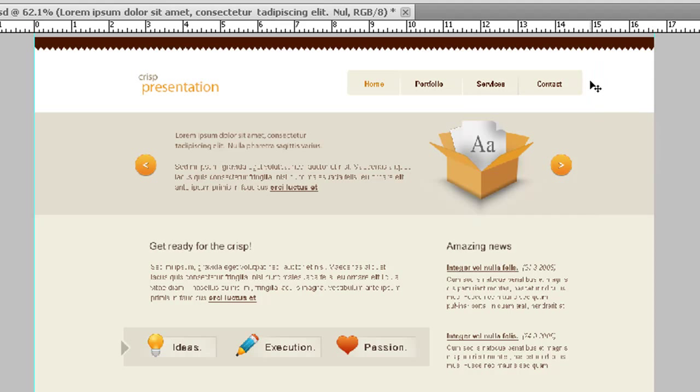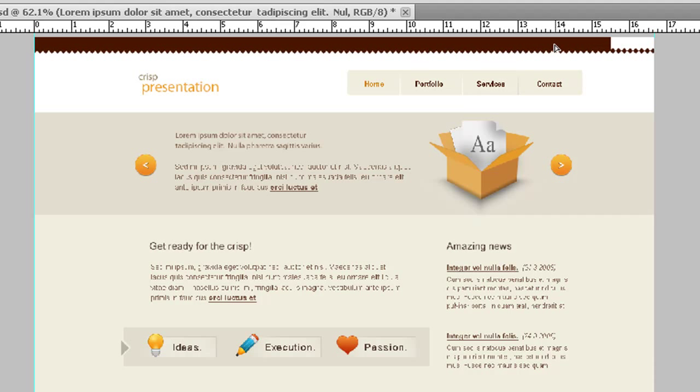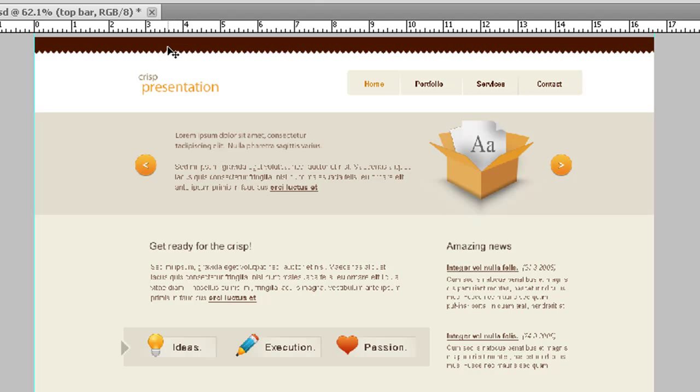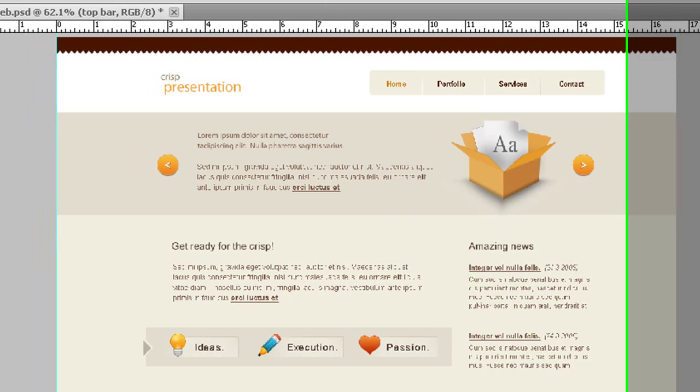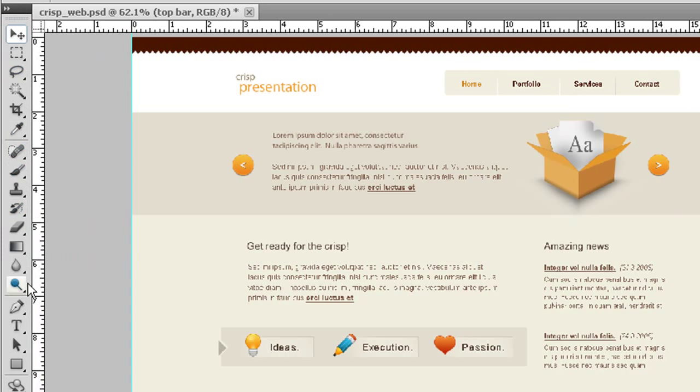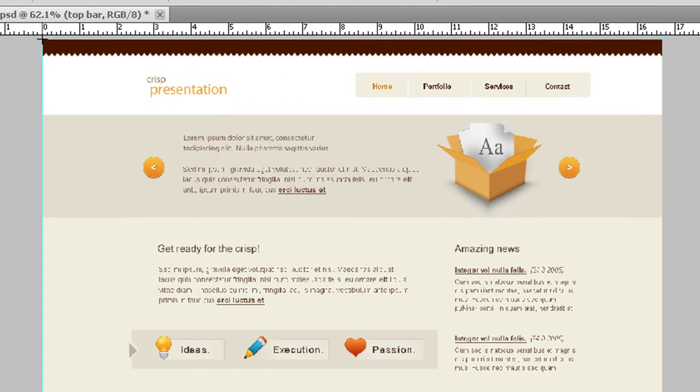Now the problem with a lot of Photoshop files is that the actual graphic does not end there. The graphic itself might be extended. Now this might be due to an Illustrator import or just the way the graphic itself was created. In situations like this, what we need to do is cut and paste that graphic so it fills the region. So something that we can do is simply select the marquee tool and select around the area that we want to keep. So we can simply cut that,